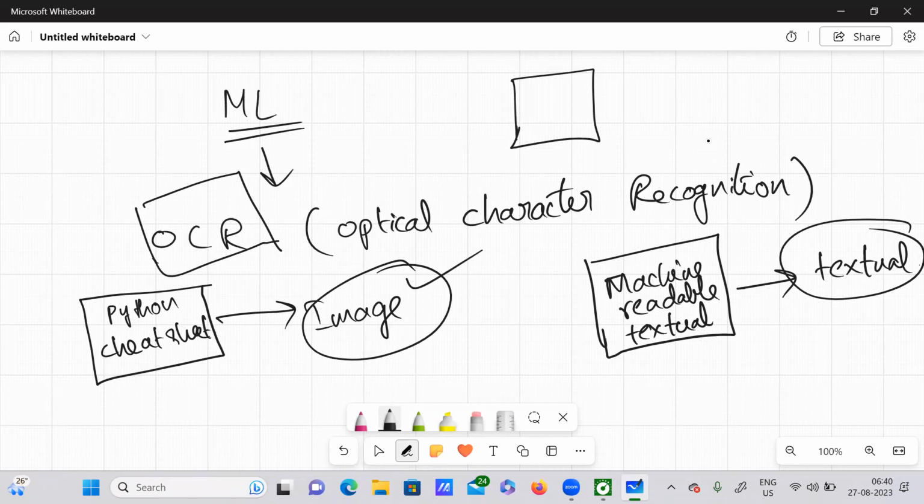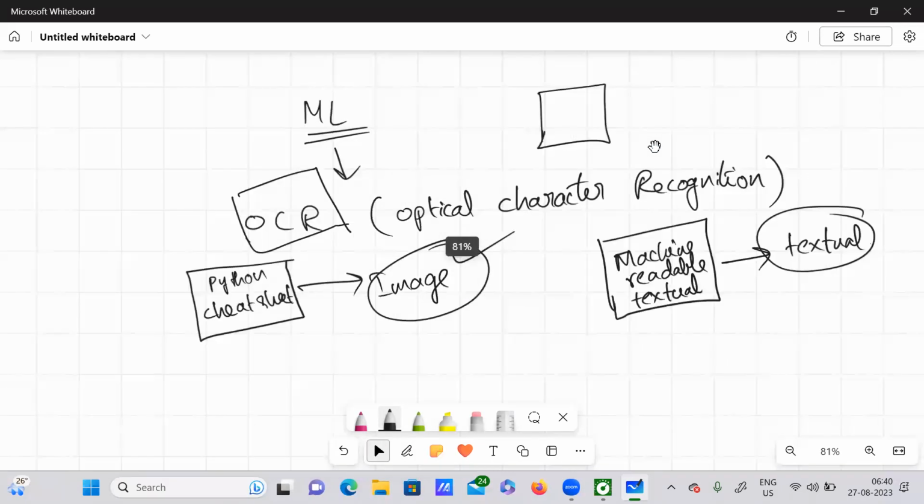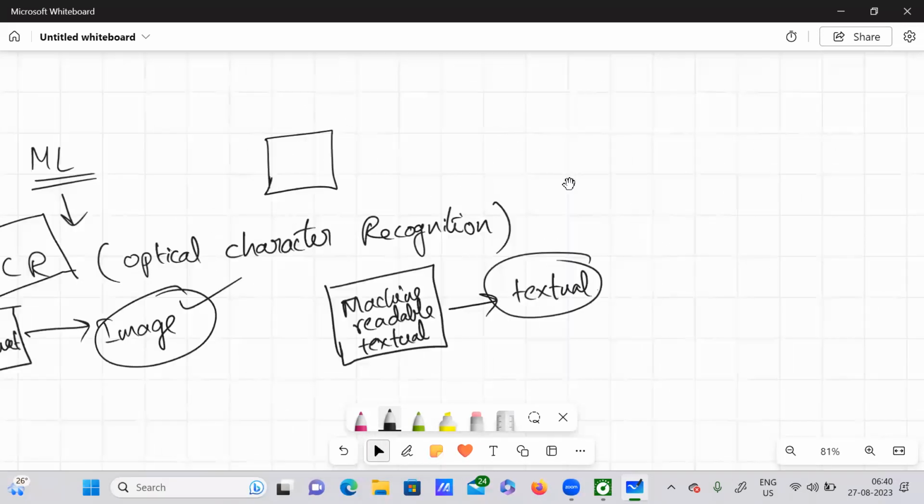But after converting it into proper textual format, you can easily copy that and paste wherever you want. So this is the use case of OCR. But why I'm saying this is, I'm saying ML is not at all a new technology. It has already been there for decades, especially in OCR, optical character recognition. That is the reason I have told you about OCR.